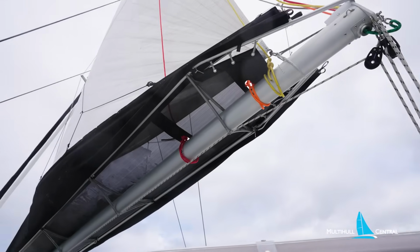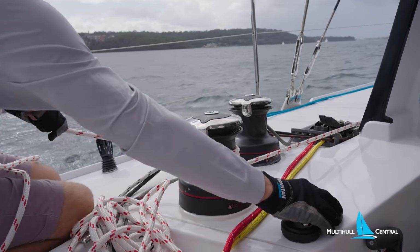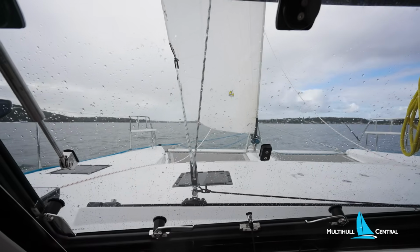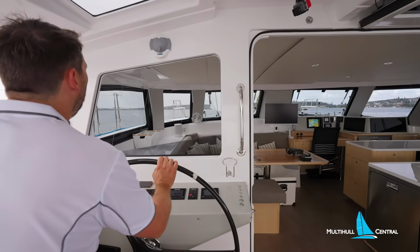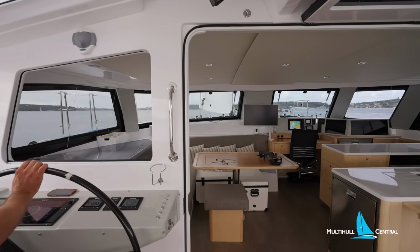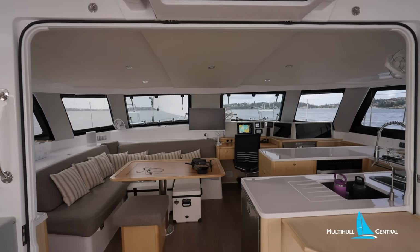All right, we might just get down there a bit further and pull out the jib. Or not? It's actually got amazing visibility through here. It's quite a unique setup. The glass windows are very wide and it's got quite a panorama for a busy Sydney Harbour, plus plenty of